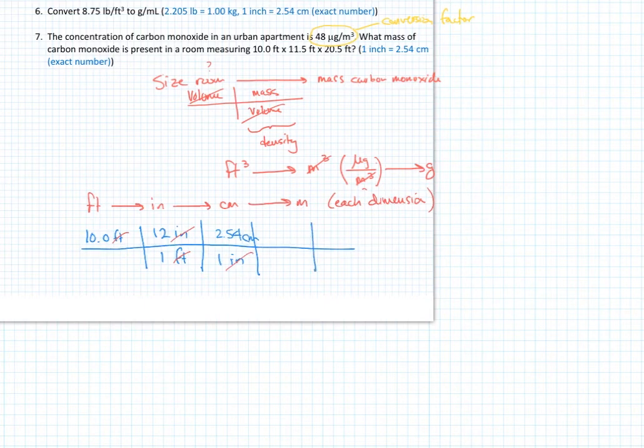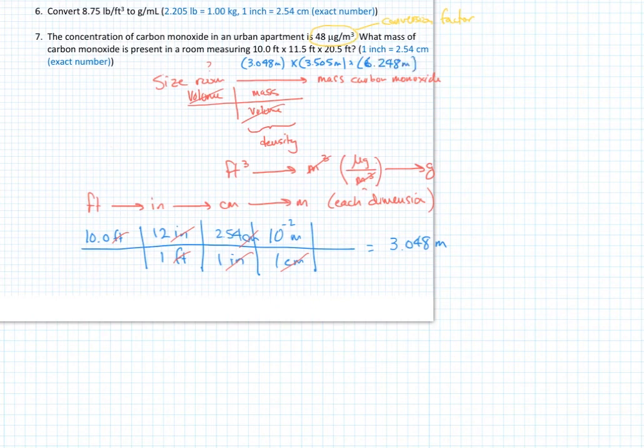Next step, centimeters to meters. So remember, we always apply it to the base unit, 10 to the minus 2 meters for every 1 centimeter. Centimeter cancels centimeter. And if we do this calculation for 10 feet, it turns out to be 3.048 meters. All right, I'm going to save us the trouble of watching me do this for all 3. It's the exact same calculation, just different starting numbers. 3.048 meters times 11.5 is 3.505 meters times 20.5, which is